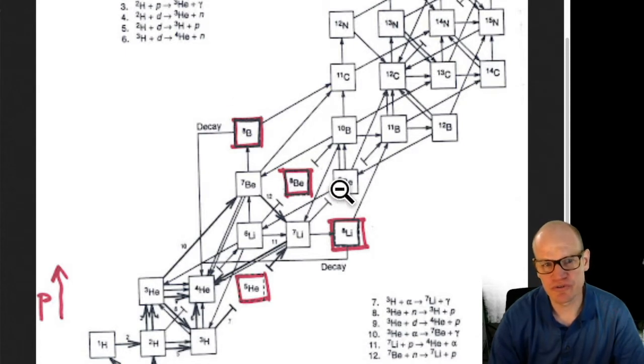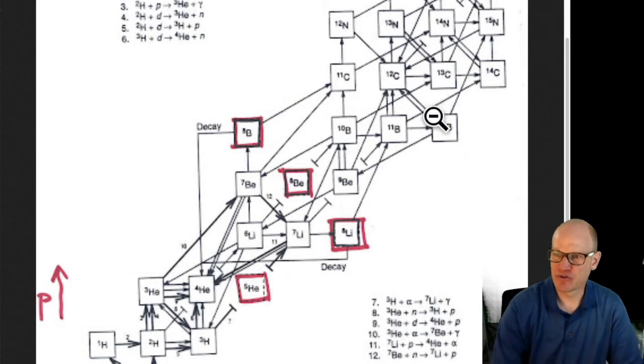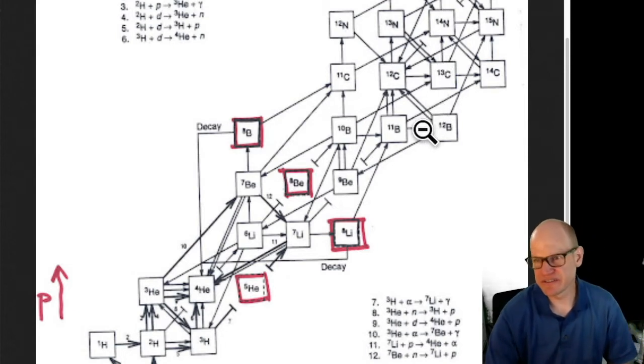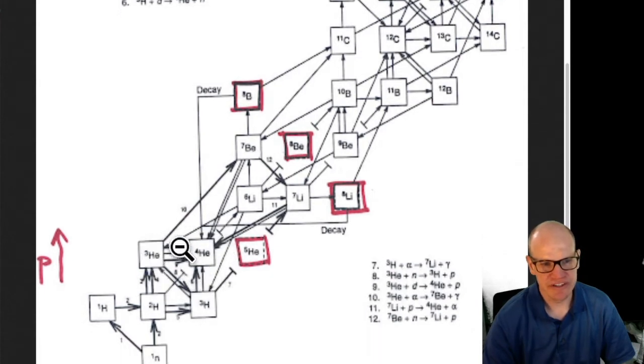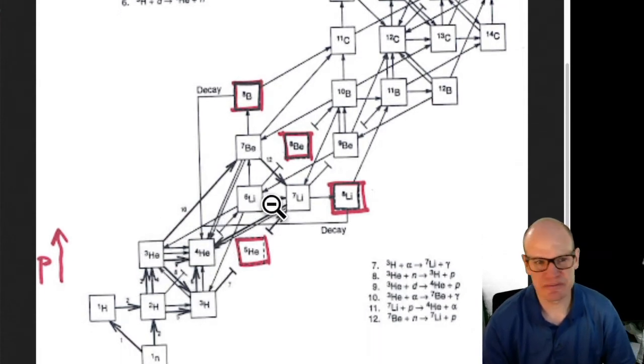So from the early universe, we get boron, we get beryllium, we get lithium, and anything lighter than that, but we don't get anything heavier than that. We don't get carbon, we don't get nitrogen. None of these things form in the early universe, at least not in any meaningful amount. Almost everything that forms in the early universe is down here: helium-4, helium-3, and some trace amount of lithium.